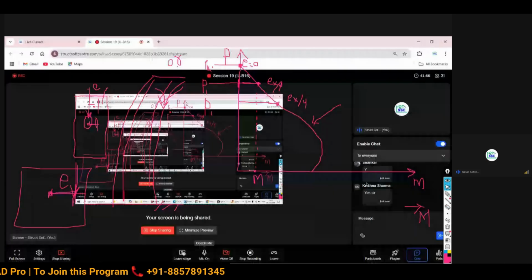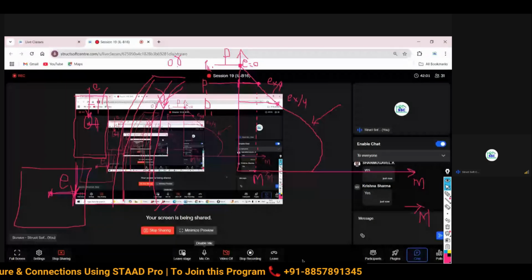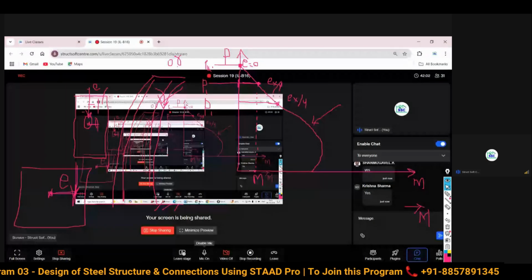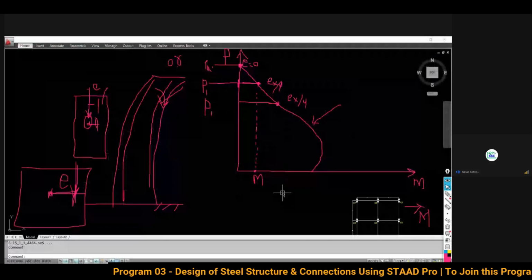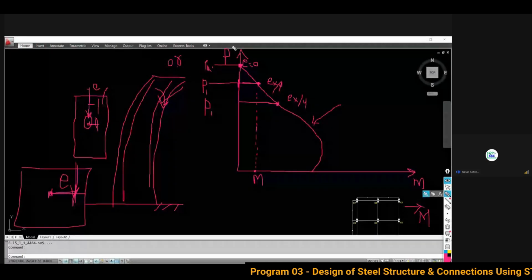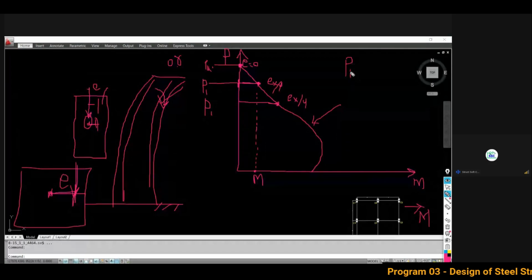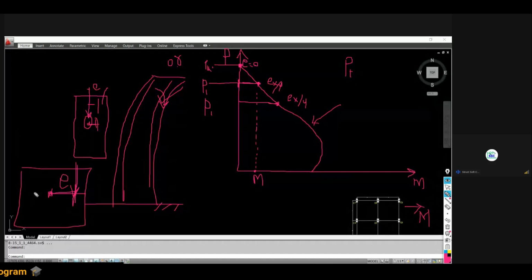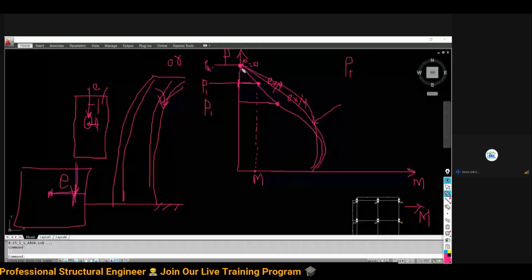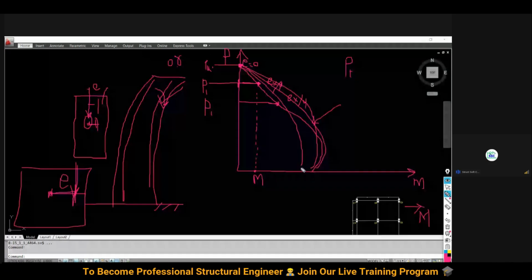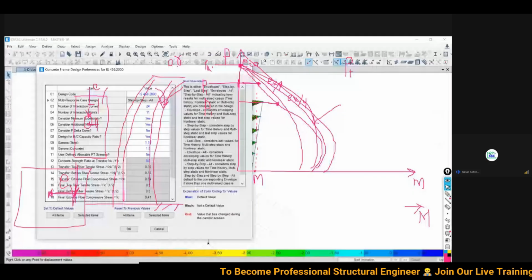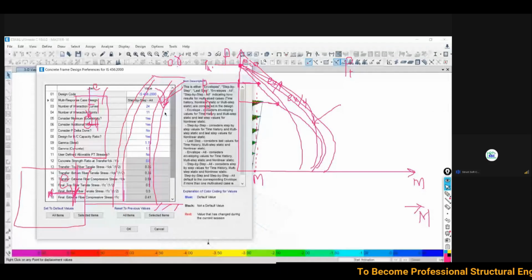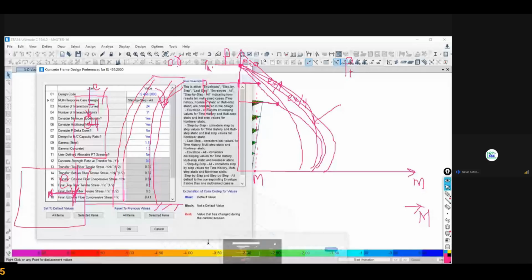Clear? In simple terms, what does the interaction curve mean? For one column or one approach, multiple interaction curves are formed. Why? Because one important point is the percentage of reinforcement. Based on how much percentage of reinforcement you use, for one section, with the change in percentage of reinforcement, multiple interaction curves are formed. Are you getting my point? So in your ETABS software, how many interaction curves are considered? 24. And the number of interaction points around one curve, 11 points are considered, the eccentricity points I have shown.